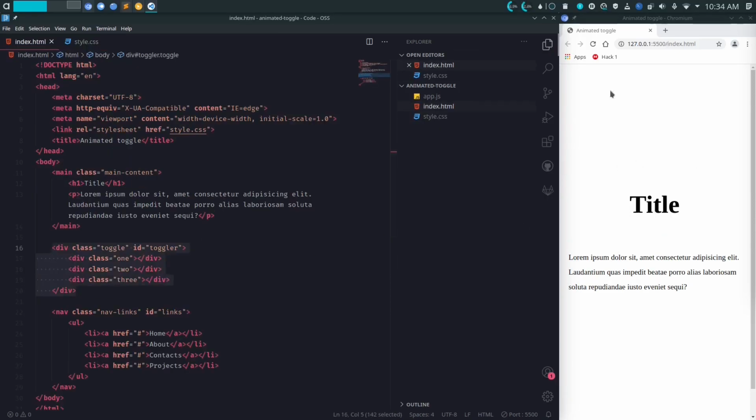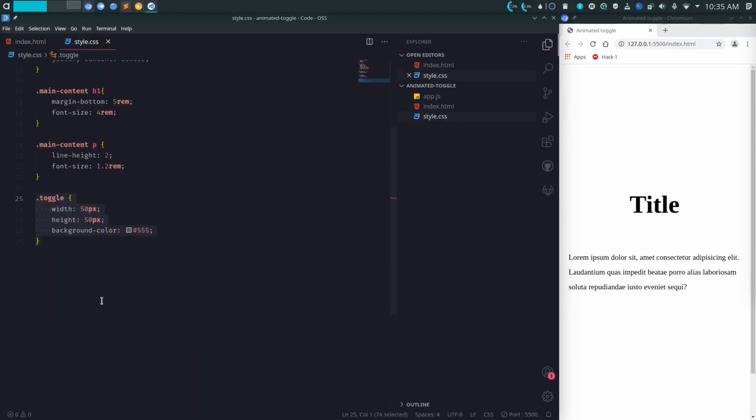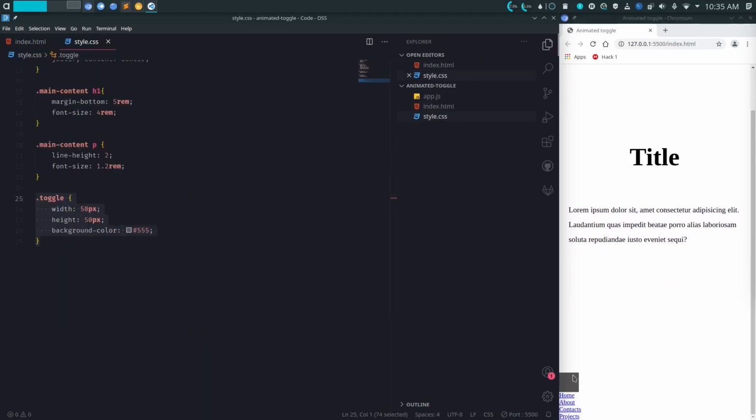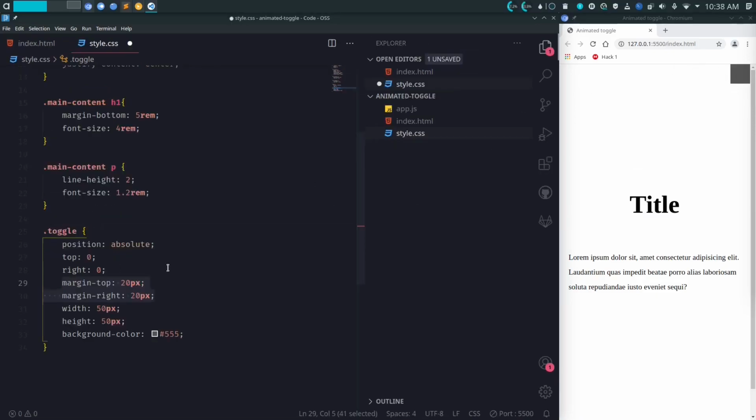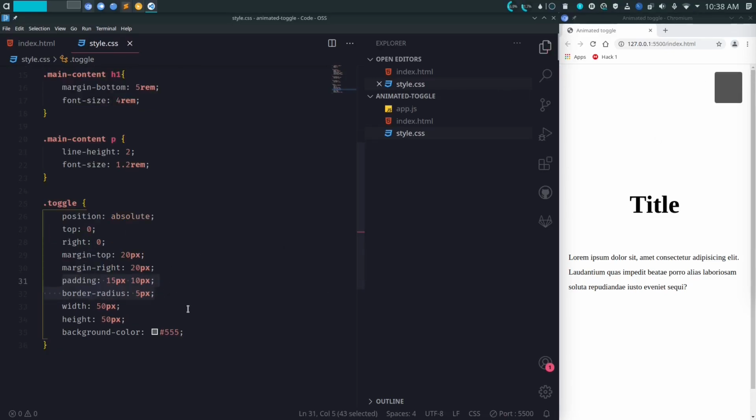So you must be wondering, where is our menu? Well, it exists but it is empty. It has no content inside it, so the browser is not rendering it. For the toggler or menu, I will give it some fixed height, width and background color so that it shows up on screen. I need to place it on the top right, as that's its ideal location. Some margin so that it doesn't stick to the corner, and finally some extra stuff to make it cuter.